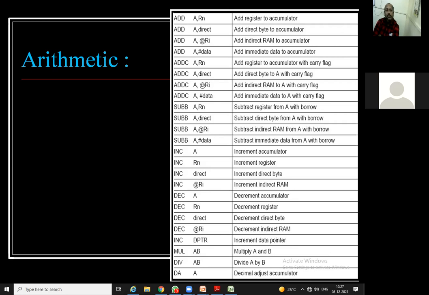So first today we are going to learn the instruction set, that is the arithmetic operations. Under this category, which instructions, or how many instructions come? So basically if you are making the tree structure: add, sub, decrement, then increment, then multiplication and division. These are the main families or subfamilies that come under this arithmetic operations.